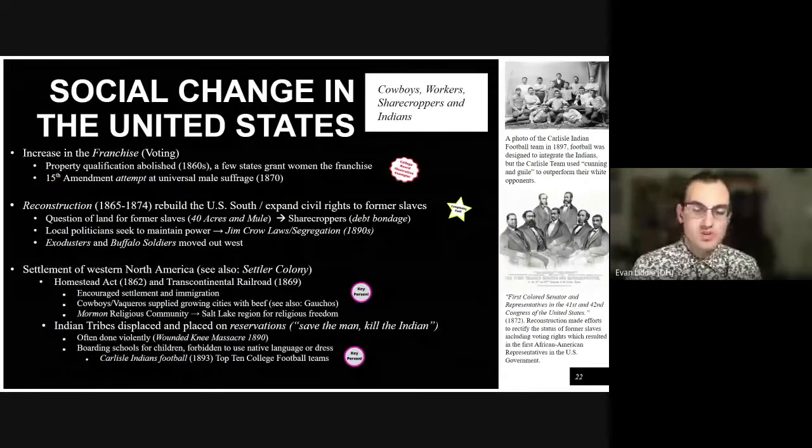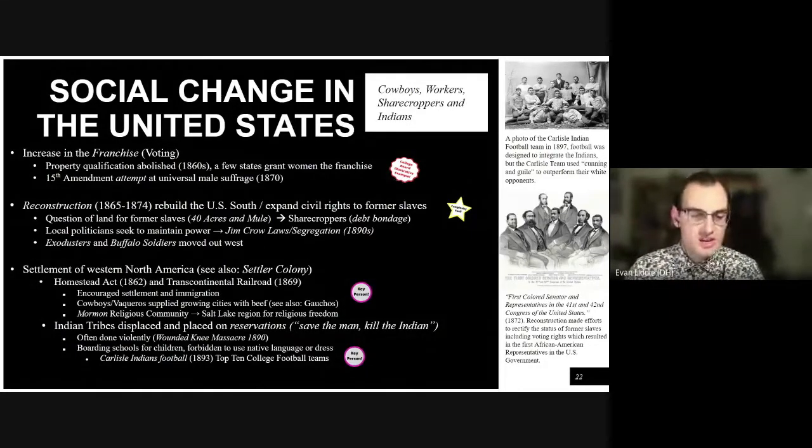All of this settlement, of course, did not go unchallenged. Many Native American tribes resented having to give up land and resented the increasing presence of these settlers. And this resulted, as I said before, in a number of conflicts, and once they were ended, Native Americans were forcibly removed to reservations where they would live in a delineated area.